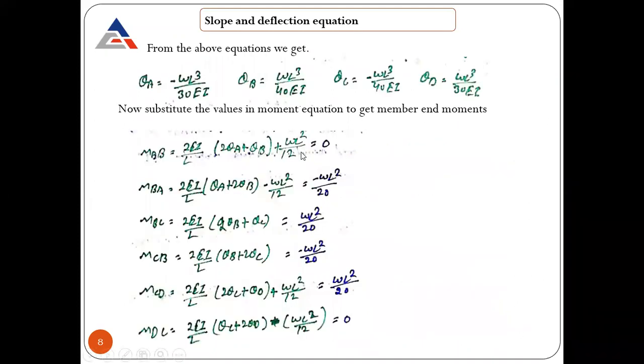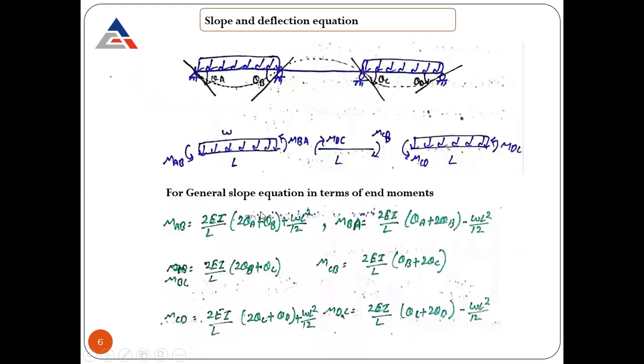You can try a lot of numericals. We will solve this problem further, after the derivation of this equation. By solving using this equation, you will get these values. And one more thing, the supports B and C, the central joint. If you see here at joint B, there are two members connected. One is BA, other is BC. MBA and MBC also come out the same in magnitude, but the sign convention will be different.